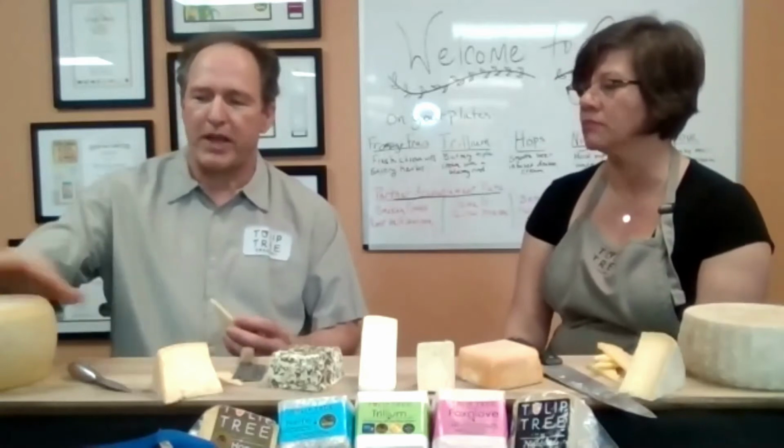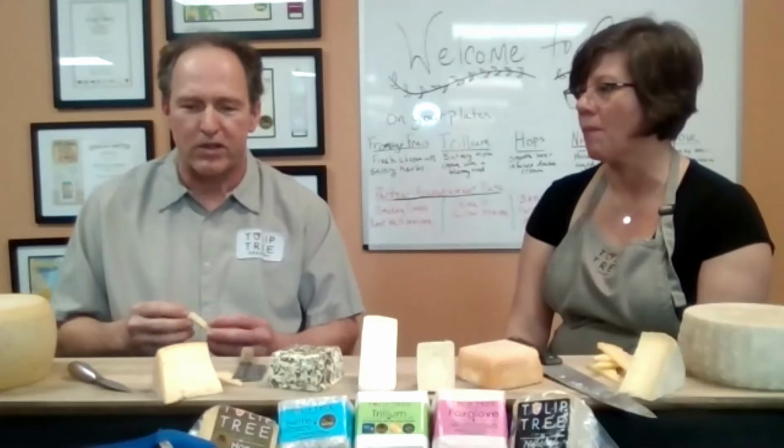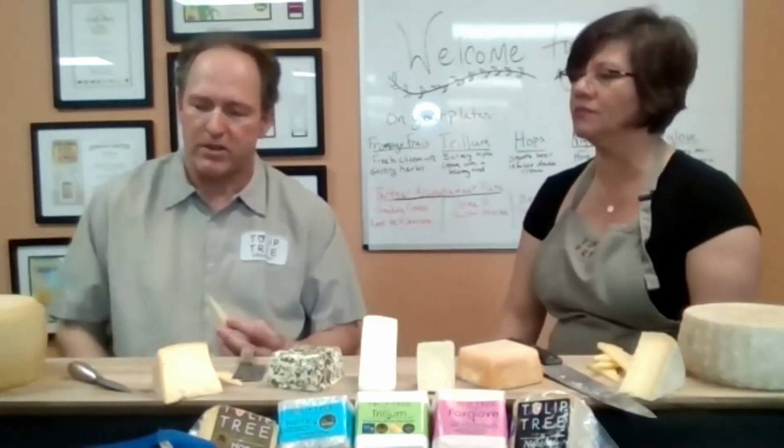During aging, of course, we have a lot of nice molds growing on the outside. We clean that up before it has to go out to the distributors and to the farmers market, and then you see how the wheel looks. Yeah, the fun thing about this cheese